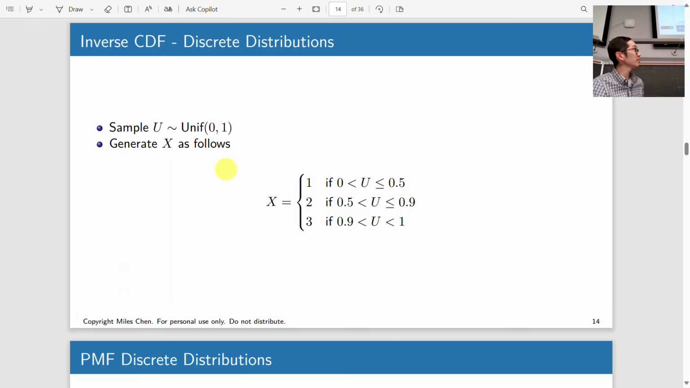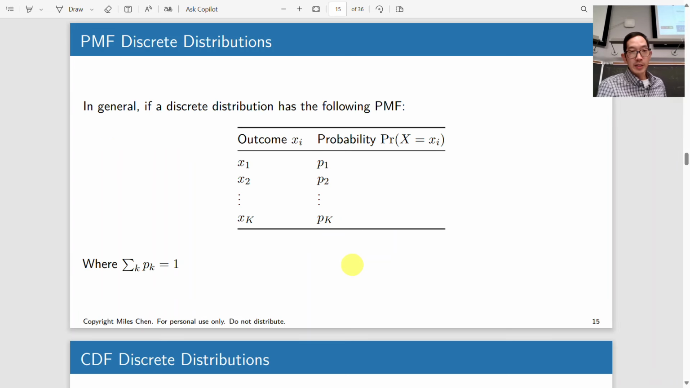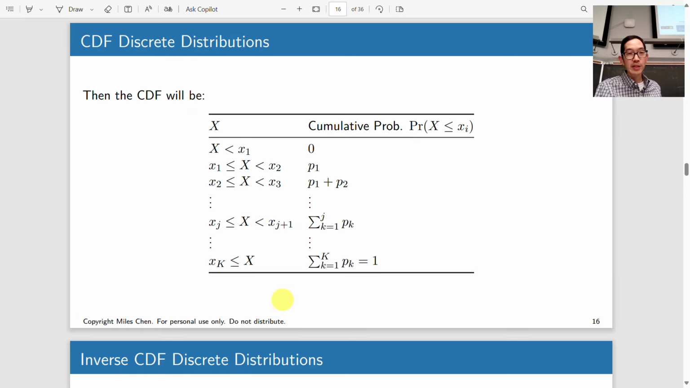Okay, so we basically just have a piecewise function, and it says, hey, this is the value you generate, 1, 2, or 3, based on what random value of u you get. And in general, if you have this kind of PMF where you have a bunch of outcomes and these probabilities such that the sum of the probabilities adds up to 1, then your CDF is going to be this kind of piecewise function